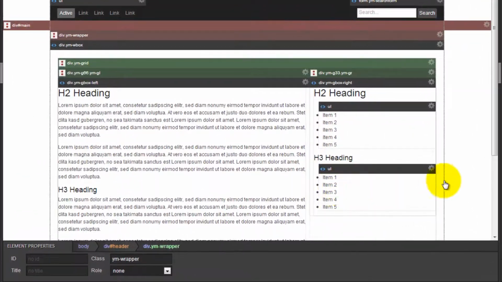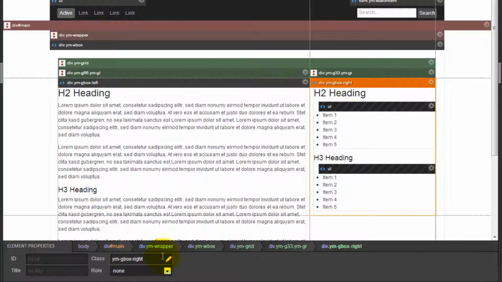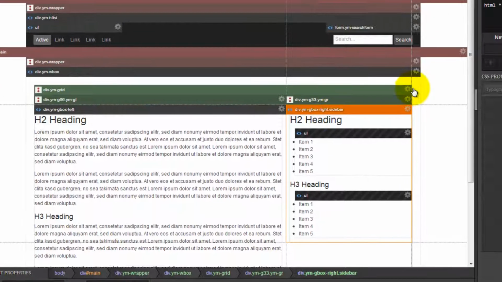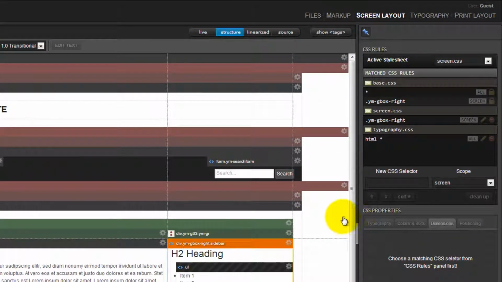Okay, now I want to show you how this works, and therefore I want to style my sidebar, and I click on this content column, and here in the element properties I add the class sidebar, and as you can see, as soon as I hit enter, the class will be added to the DOM element,